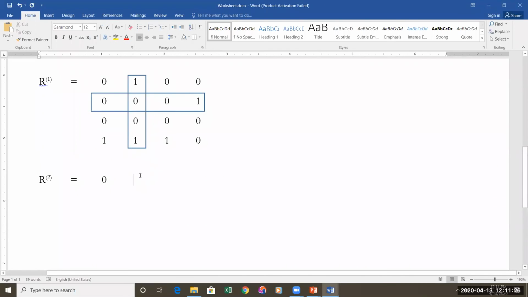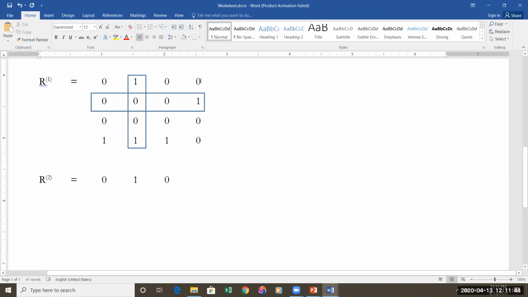Yeah. So in the previous location, there is a 1. Since it comes in the box, there is no need to change. Directly write it as it is. There is a 0 in the previous step. Since it is a 0, check the corresponding row and column. The corresponding row is 1, the corresponding column is 0, so it is a 0.